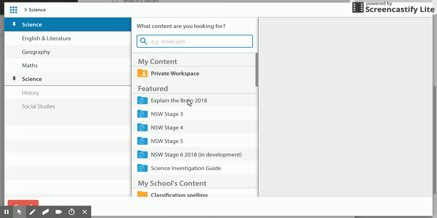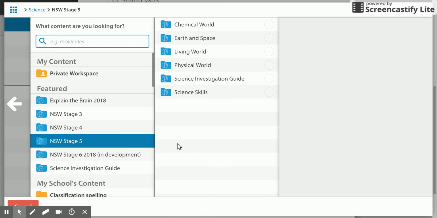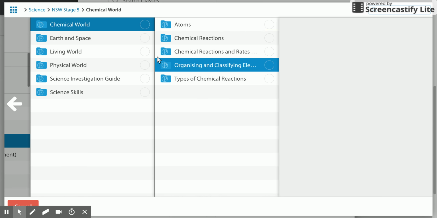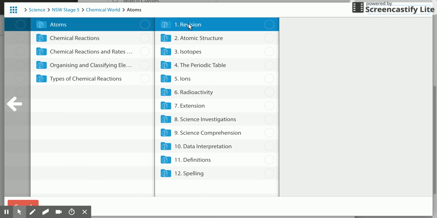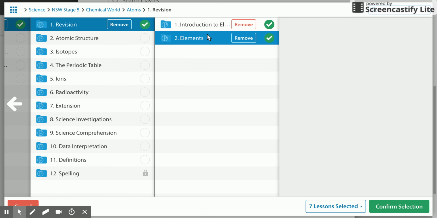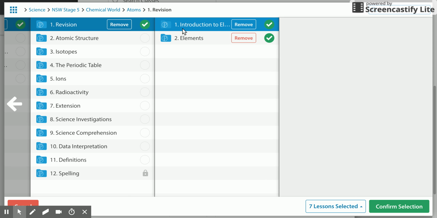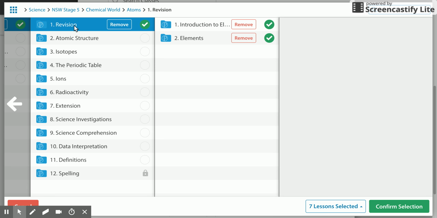What we then need to do is go into the content library and choose the content that we wish to create the pretest for. For example, if I'm creating this for Year 10 chemistry, when I go into the chemical world and choose atoms, you will see that there's a revision folder. If I select that folder, it will choose all of the lessons within that folder. And what should be in those revision folders is work from the previous stage that the student should know about,